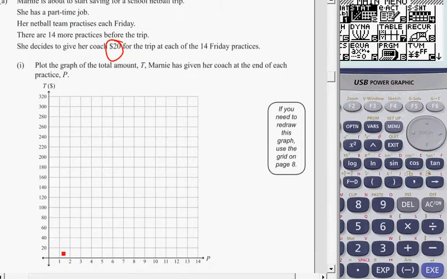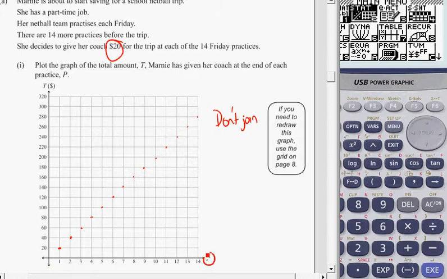So practice 1, she's going to give $20, another 20, all the way up for 14 practices, giving another 20. She's given it all up. Of course we won't join, because at this stage